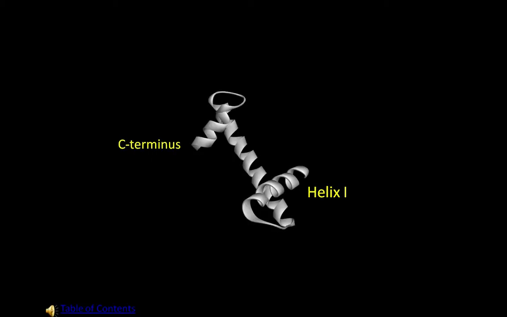Next, we have the long central helix, called helix 2. The distinguishing characteristic of helix 2 is that it is strikingly hydrophobic. There are almost no basic residues to be found here, very little lysine, arginine, or histidine. There is no doubt about the function of this region of the monomer. It is clearly a structural role, since, as we shall see, the histone octamer is held together primarily by hydrophobic